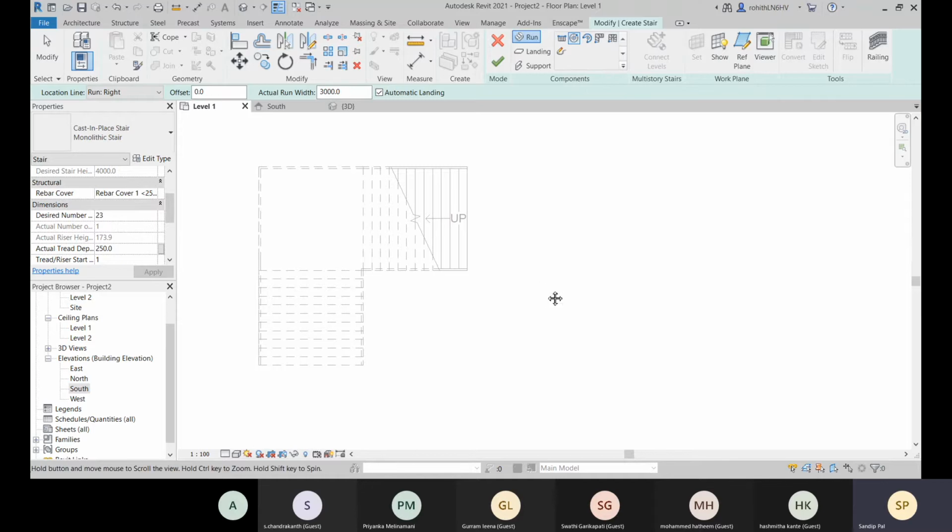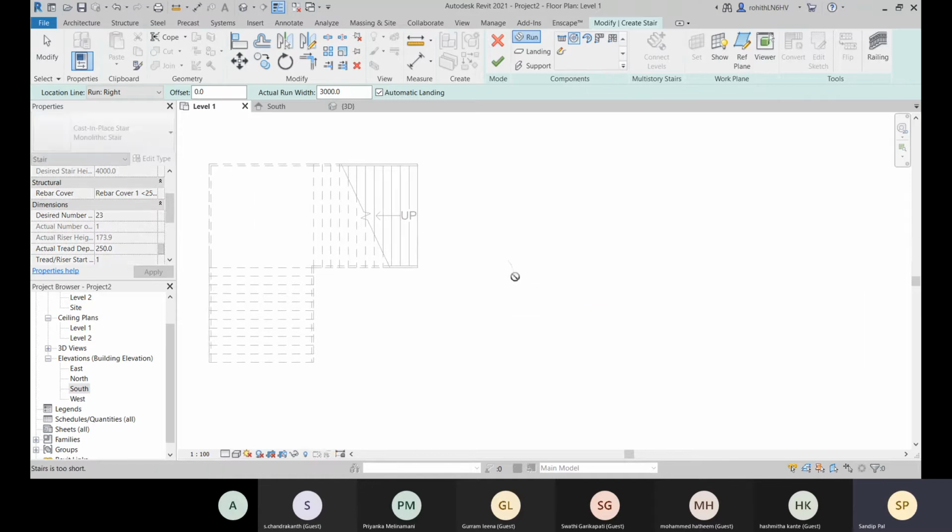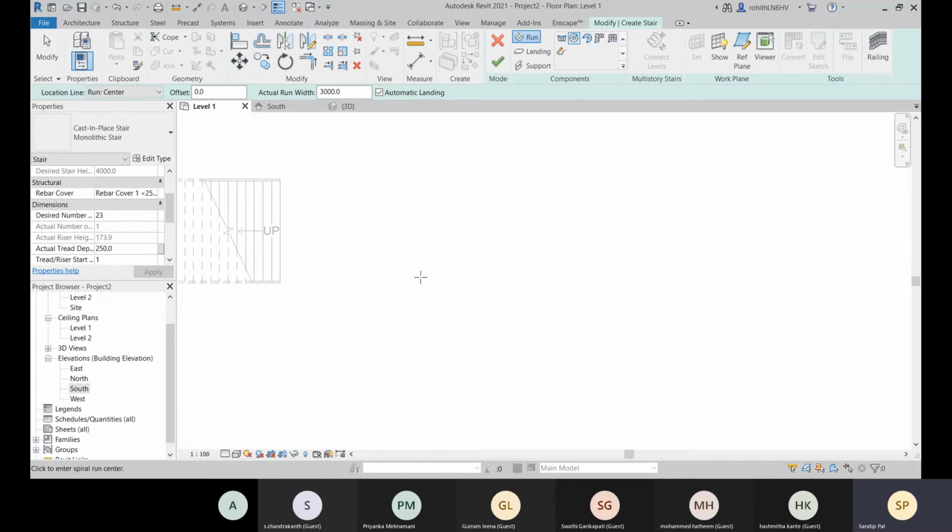This full step spiral. Just go with this and you specify. Okay, just a minute. Let me go with this run center. Okay. So how many risers are created? No riser has been created yet.